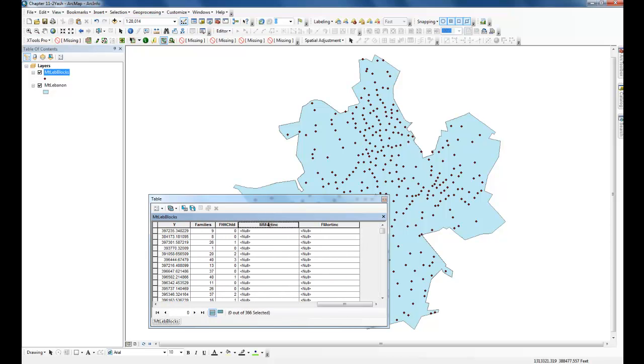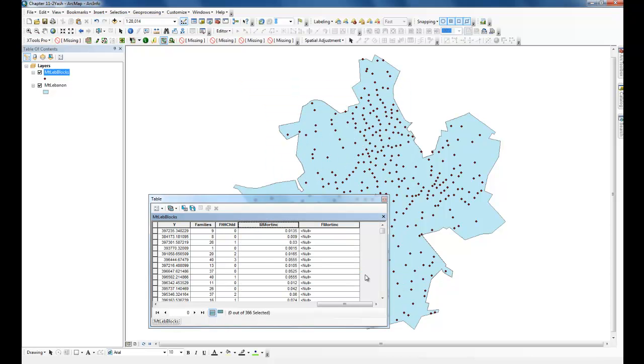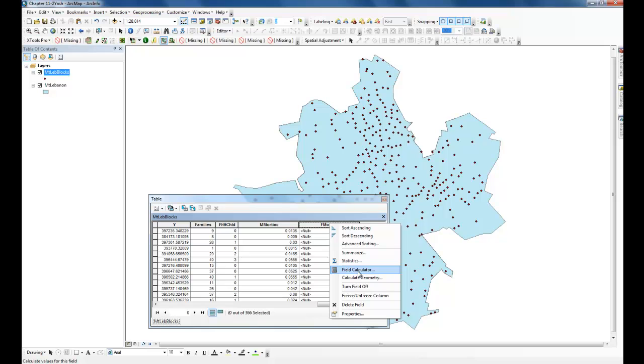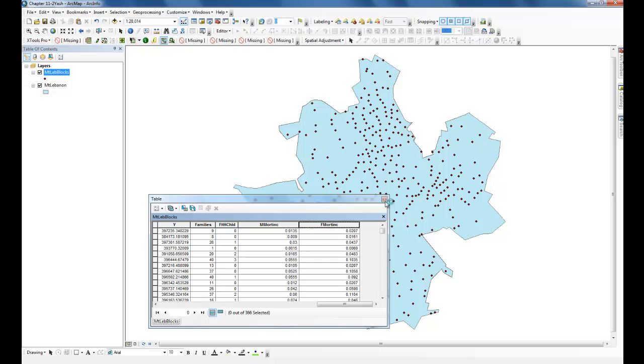And now we are going to use the formulas as required by the book. For the male, it's 0.0015 star the male 35 to 74 mortality rate incidence, and then I'm going to do the same thing for the female. Change the number to 23 and click on OK. Once we have those fields, those are the fields based on which we will actually create the